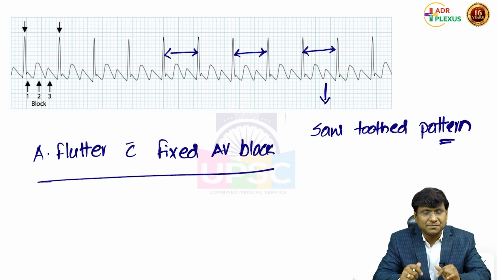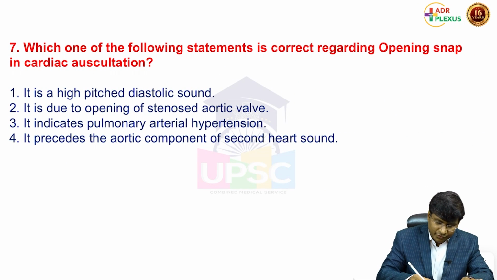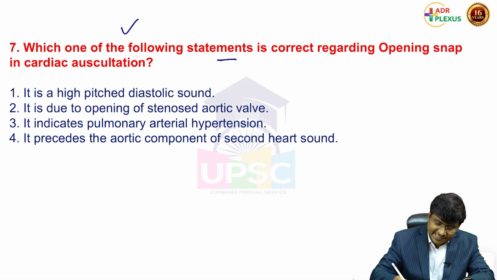So in the options given to us, what is the answer? It is PSVT, the only one which can get terminated by carotid sinus massage. Now coming on to the next question, that is,